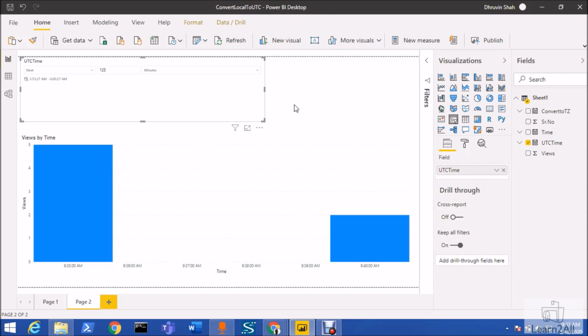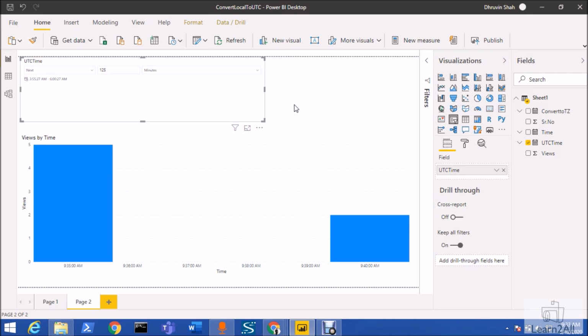At last let me show you some limitations of this timeline slicer. As I told you, at this moment this is filtering the data based on UTC time. So it's not always necessary that you have a UTC time stored in your data set. For that you need to convert your local time to UTC time and use UTC time as a slicer, and then it will show you the proper data. Otherwise there will be a mismatch in your data, right?